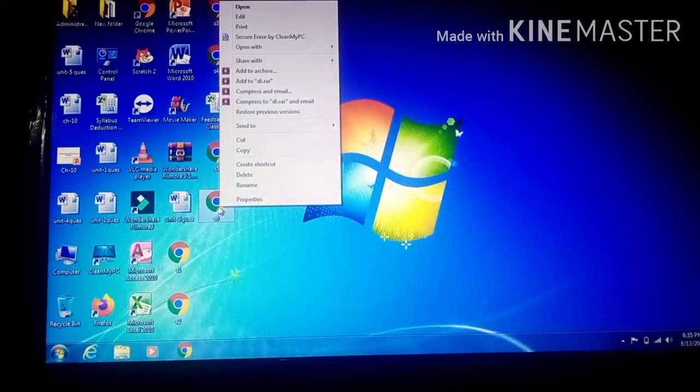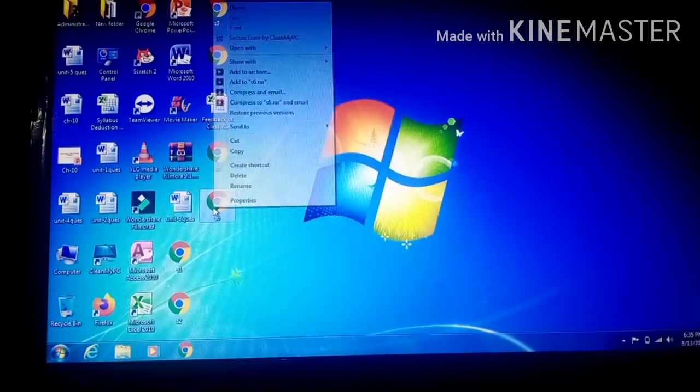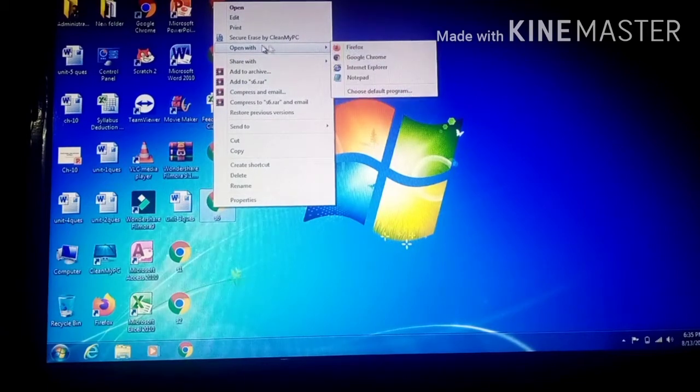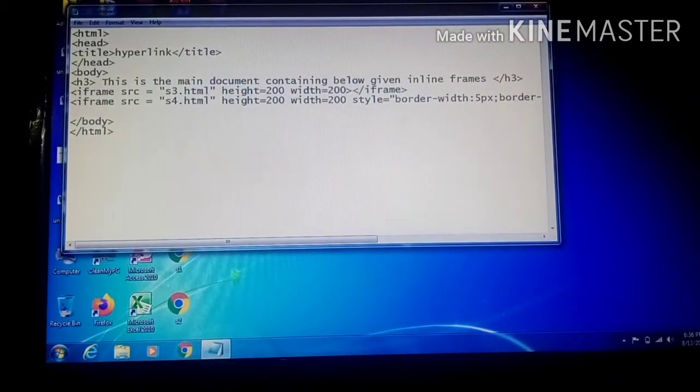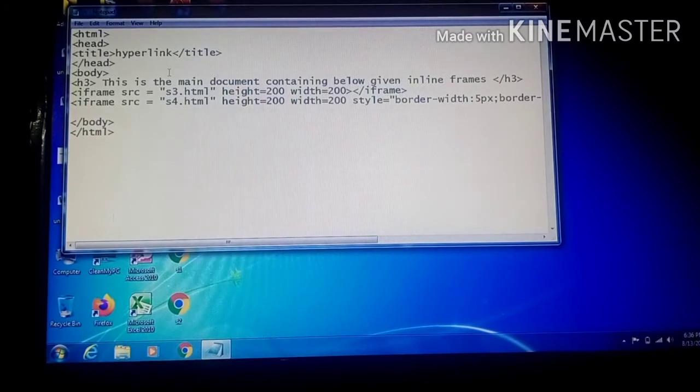You can open Notepad directly from here, like S6, right click, open with, here I am going to Notepad, click on this. Now I have this program same as it is, this program is the same as the S5 program. Similarly the h3 line, then iframe source s3.html, height and width, iframe tag closed. Similarly iframe source s4.html, height and width, and then I am using one option, that is the style, what style to give to the iframe.